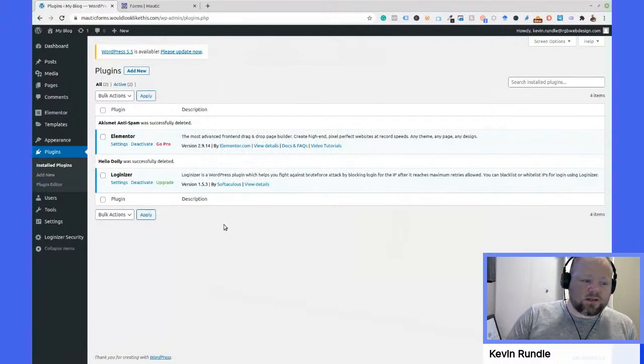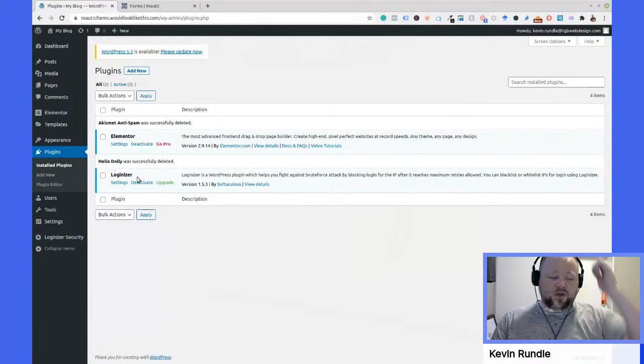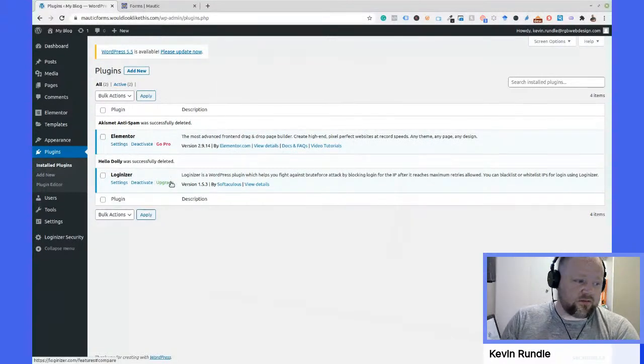If I were doing this myself, to actually run this site, I would now be installing ShortPixel and Elementor Pro and on and on, because I am not doing this for that. What I'm going to do is